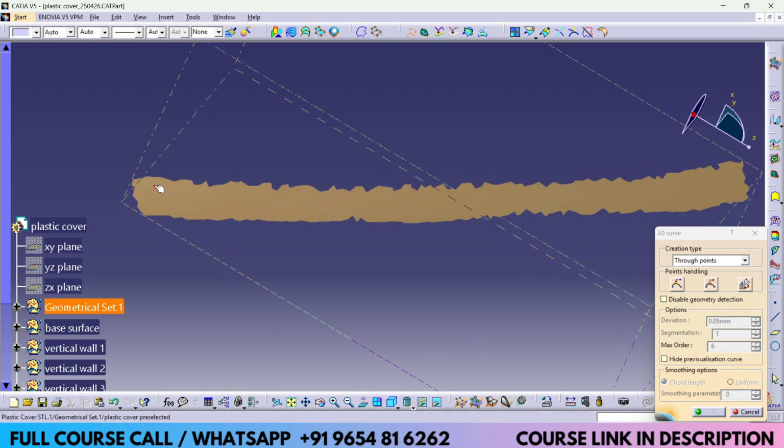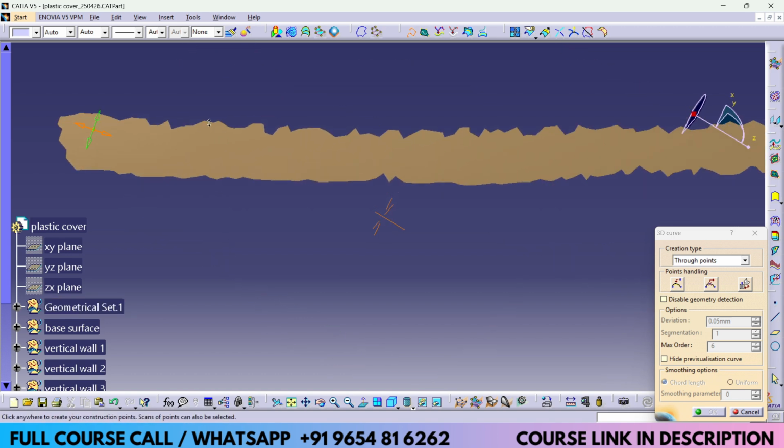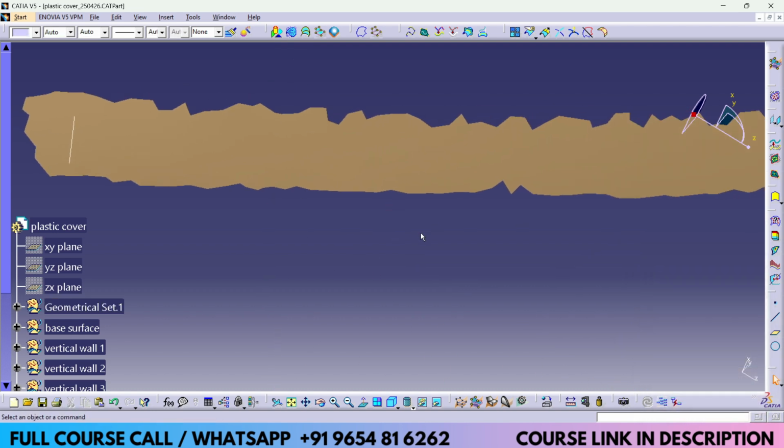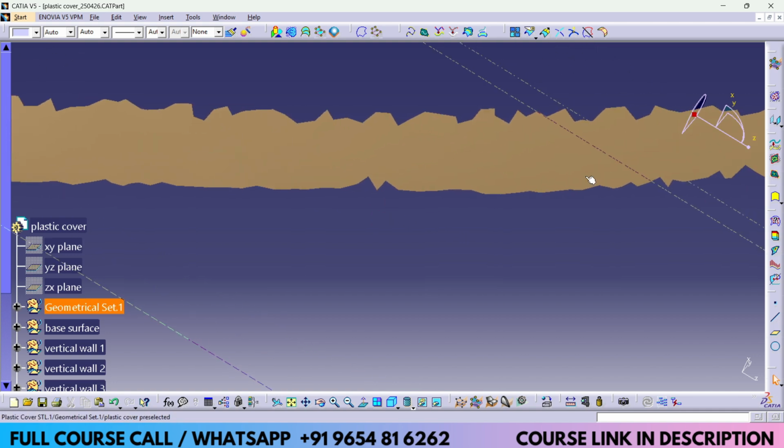So one section, just select the scan. The curve will pick the scan data.